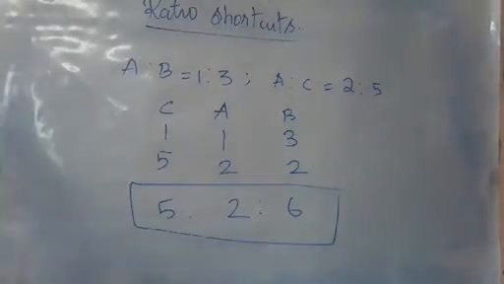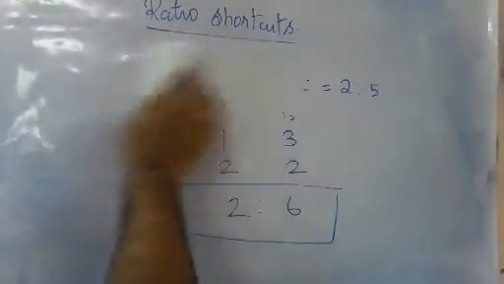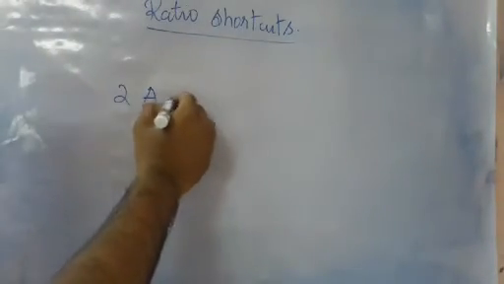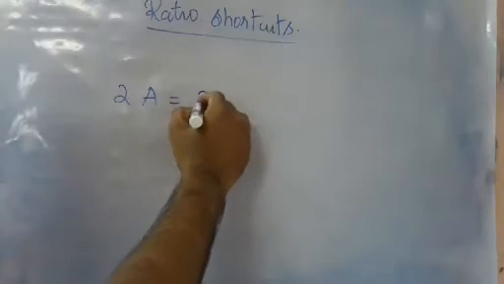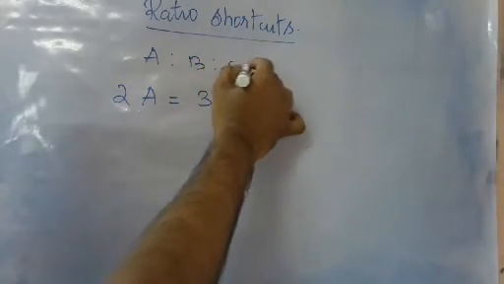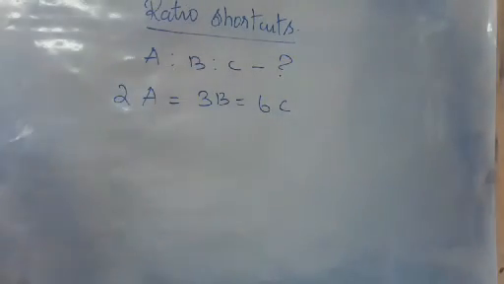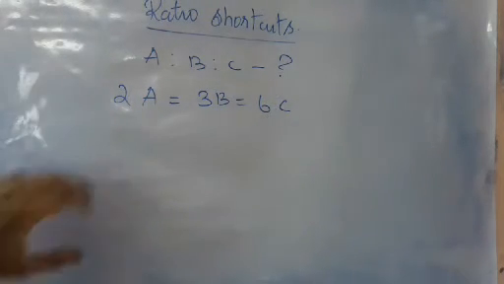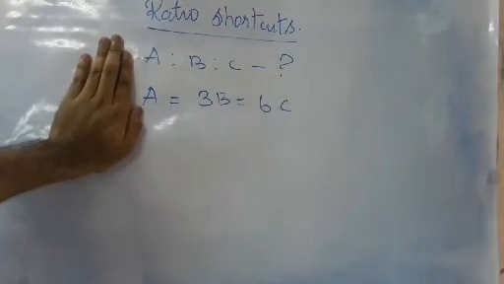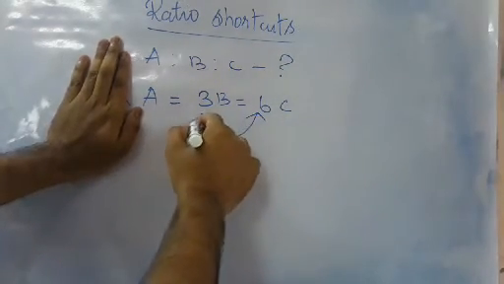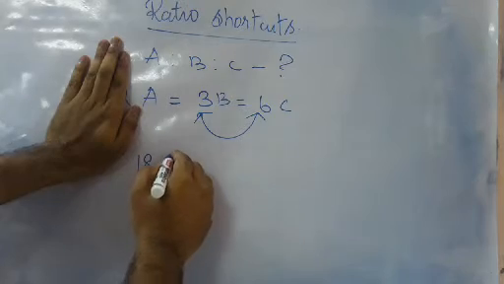So let's move on to another shortcut. So the question is like this. So now what we have to find is this. What is the ratio between A is to B is to C? So how are we going to find it? It's very simple. What we have to do is hide this number here, and multiply the rest of the numbers and write it here. You have to multiply these two and write it here as 18, and this will be the